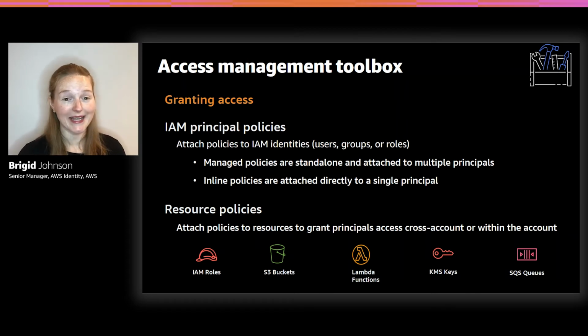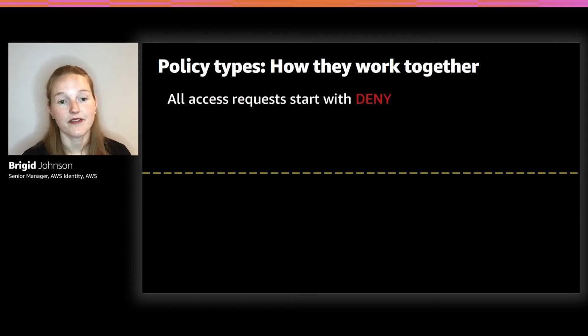So you're probably asking yourself, how do these all work together, right? Because there are a lot of powerful capabilities and they need to come together because at the end of the day, the role either has allowed or denied. But, and if we were in Vegas, I would make everyone repeat it with me, all access requests start with a deny. So unless there is an allow in one of those policies that grant access, access will be denied. And so that's something to really start with and think about when you're writing these policies.